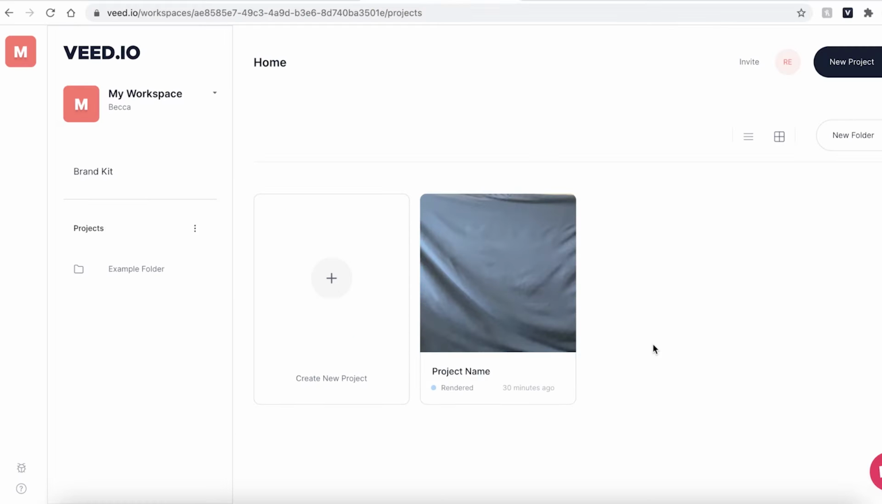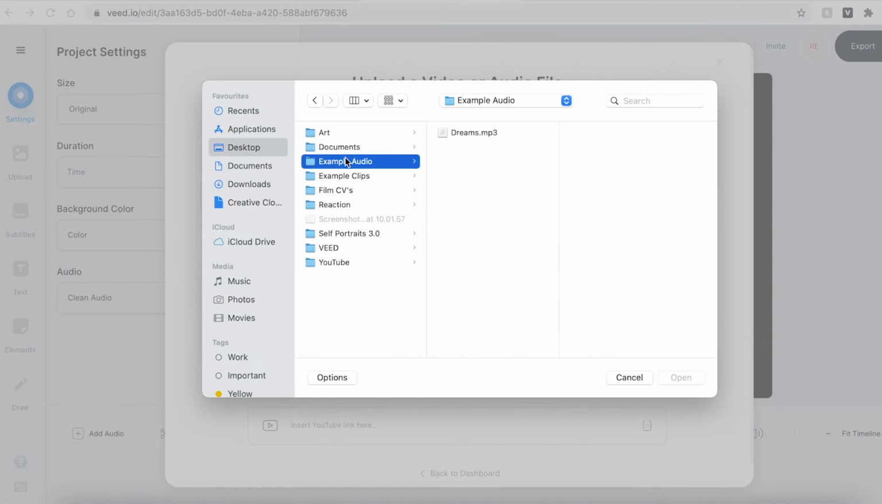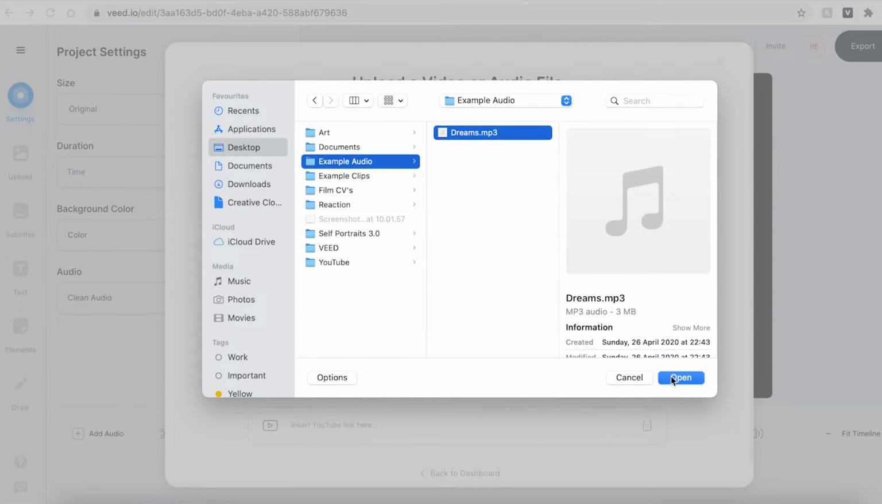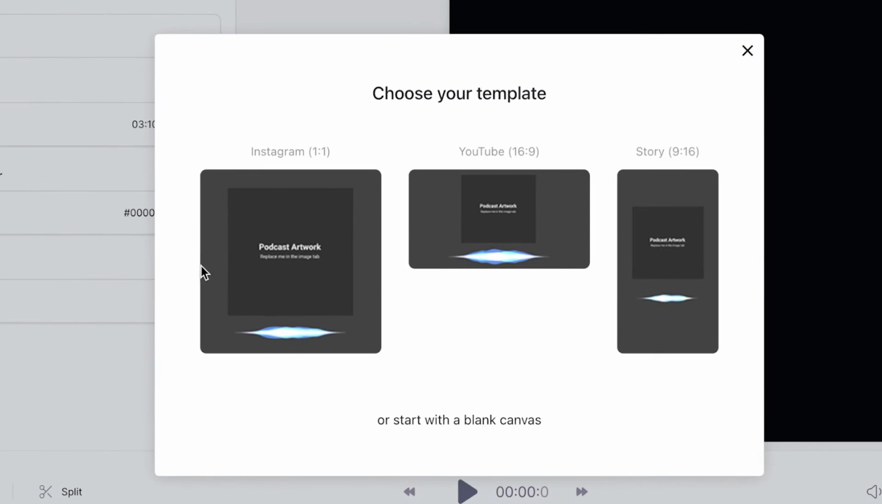Once you have signed up and logged into Veed, you'll be prompted to make a new project. Click the Upload a File button and find the audio file you wish to use. Veed will then give you the option to use one of these three templates, however I want to start with